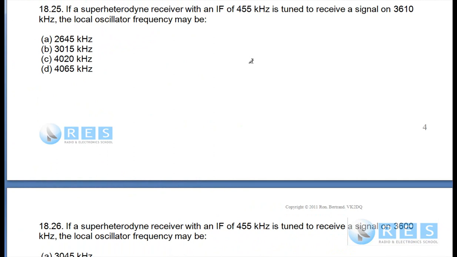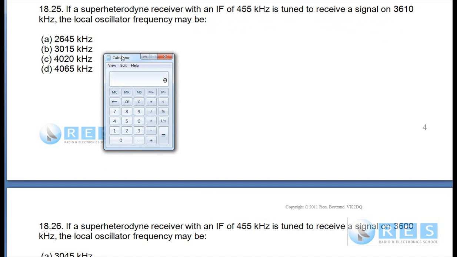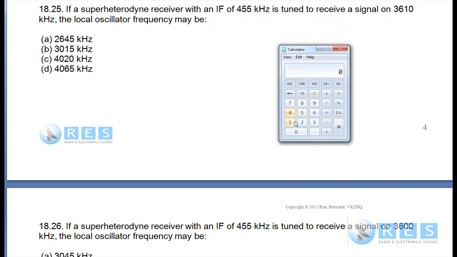Question 1825. A superheterodyne receiver with an IF of 455 kilohertz is tuned to receive a signal on 3610 kilohertz. The local oscillator frequency will be 455 kilohertz higher than the received signal. And don't forget to use a calculator when you do these things in the exam, because it's quite easy to make a mistake. I'm just reminding you that it's silly to make an arithmetic error when you know how to do something. So all we need to get to the answer is to add that, and we can do that in our head, but if you're not sure,